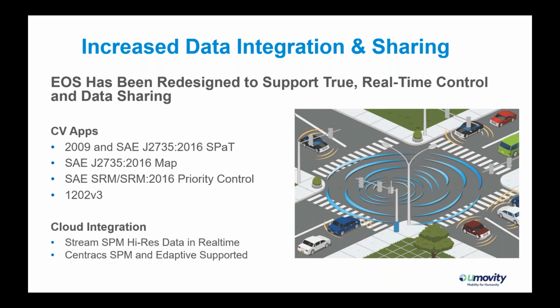for RSU compliance. And EOS can do that for SPaT and MAP, as well as the signal service request message for priority control, which is actually a fairly new feature for us as of the last 6 months. So you can communicate signal time transitions to vehicles. You can communicate the geometry of the intersection, and now we can accept priority requests and give those connected vehicles greens. So it's very powerful, and these are things we hope our users will consider